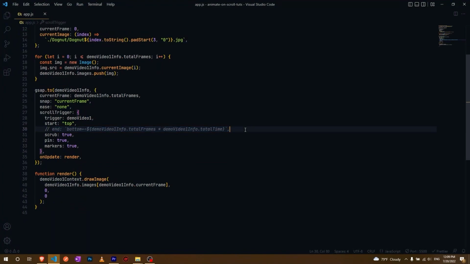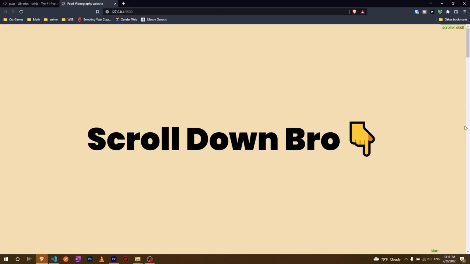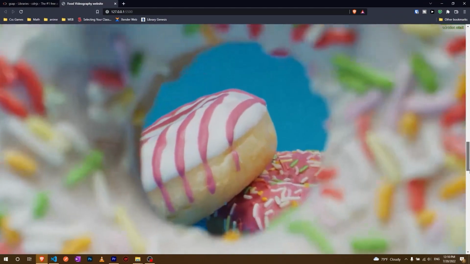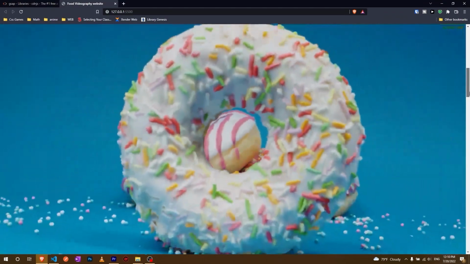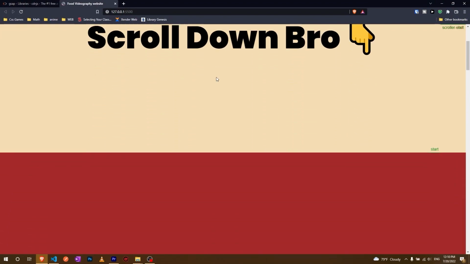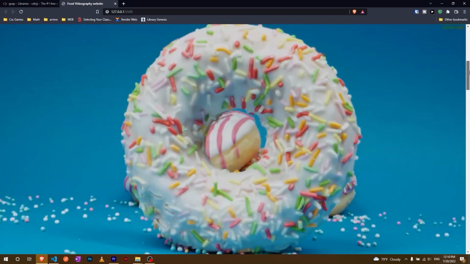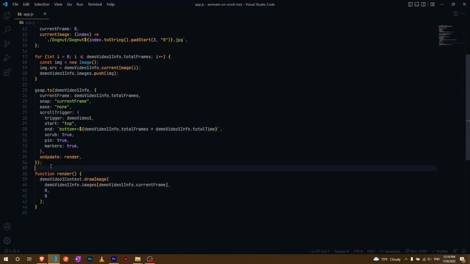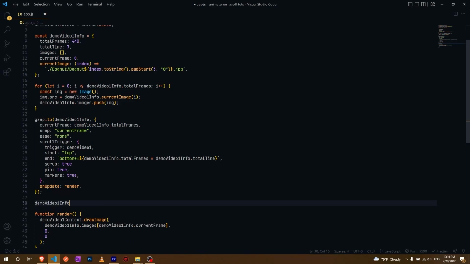If I don't remove it, put it back here, it's a lot more. And this is exactly what we want. Now, finally, if you realize something, there is a problem. You don't see the image until our scroller starts touching our start, right? Let's fix that. For that, all I need to do is just write demo video info dot images, and let's